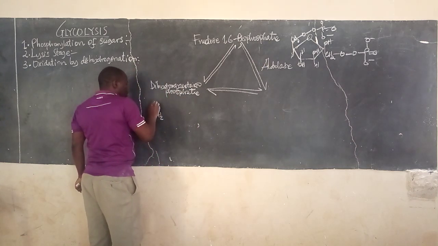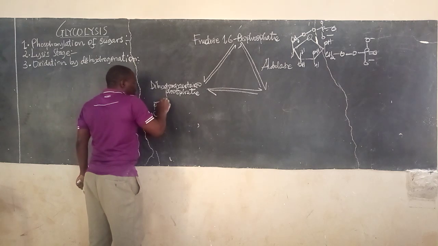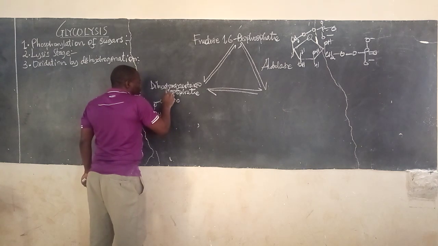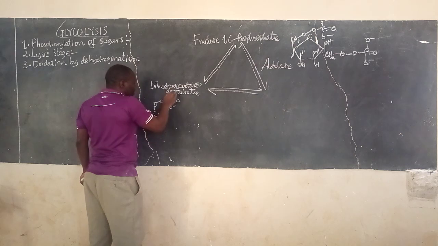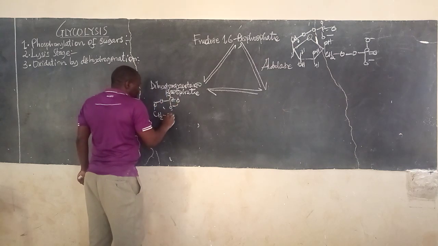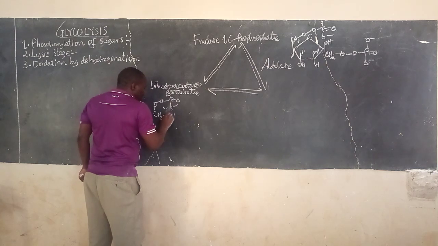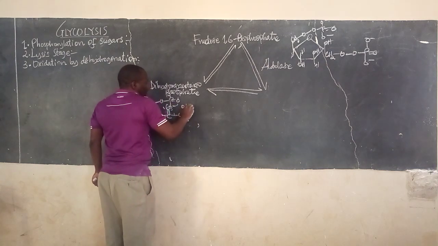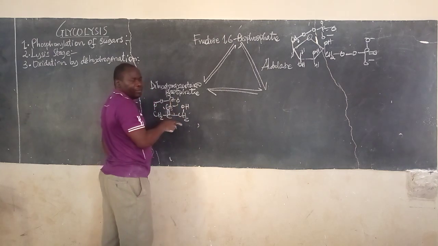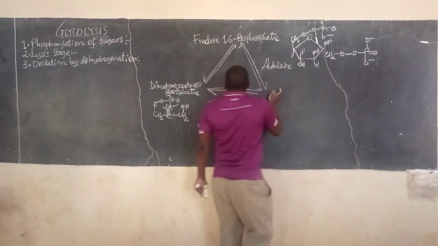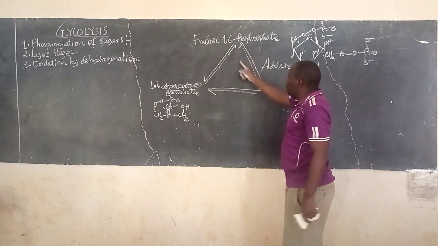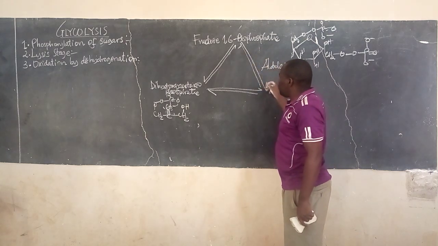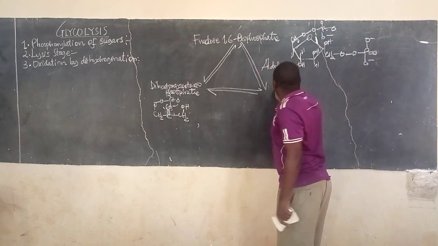Here CH2, oxygen, phosphate, double bond, oxygen negative. These are our phosphate group. Here carbon double bond oxygen. Here CH2OH. This is our dihydroxyacetone phosphate. And on another side, we get another cleavage of fructose 1,6-bisphosphate into